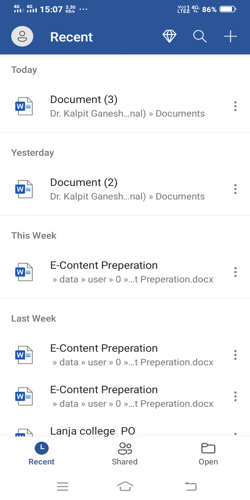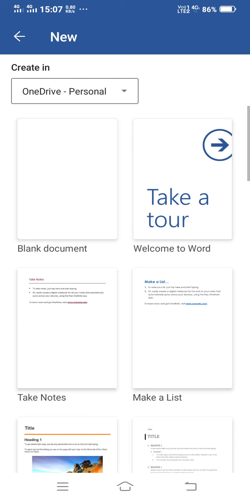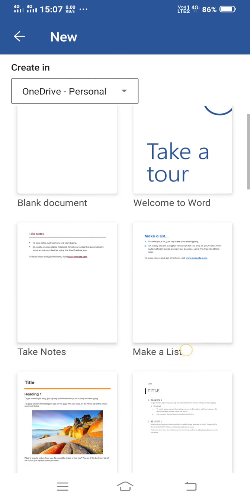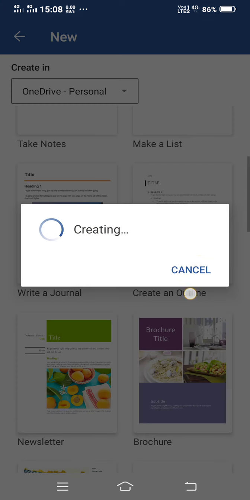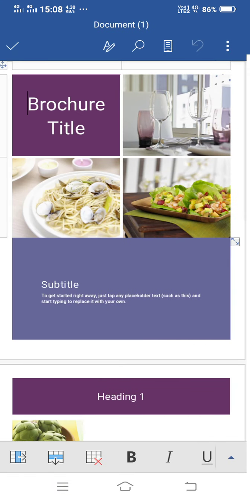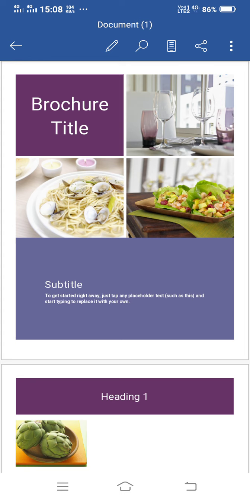Now if I want to create a new document, you can see at the top right corner a plus option is there. I will click on this plus option and here it is showing us different options. I will just scroll down and you can see different options are there.